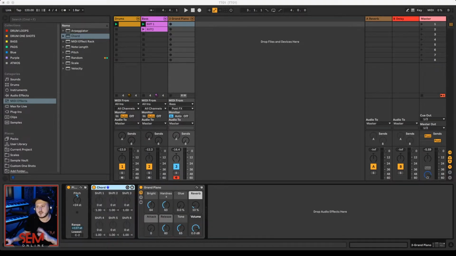So we're now going to put chord after the pitch. So chord is really useful. It allows us to layer an additional 6 notes on top of whatever note we are triggering. So in total, we can have a 7-note chord. I'm only going to keep it to 3 notes today. So if I were to press play and add 1,